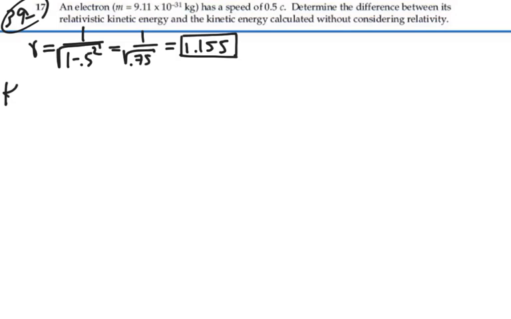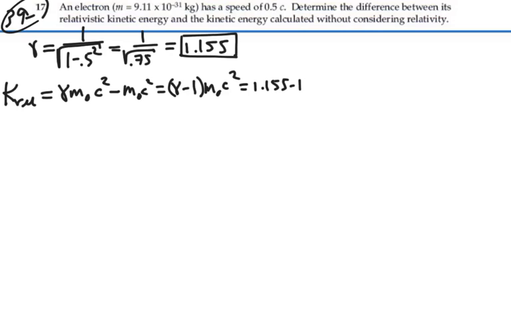Now, considering the kinetic energy in a relativistic sense, that is the total energy of the electron, which is gamma times m naught c squared, the rest mass, minus the rest mass energy itself. So that's going to be equal to gamma minus 1 times m naught c squared. In this case, that's 1.155 minus 1 times the rest mass of the electron, 9.11 times 10 to the minus 31, times c squared, 3 times 10 to the 8 squared, and this is equal to